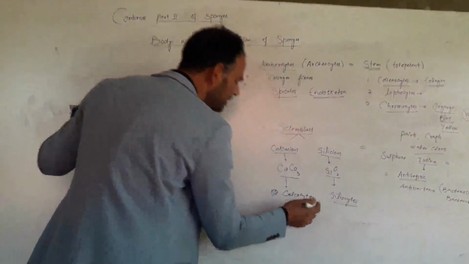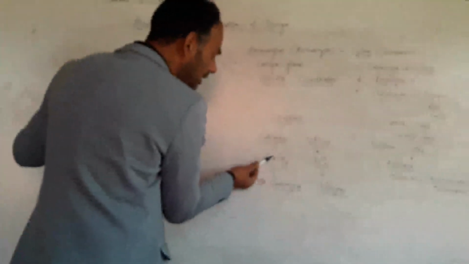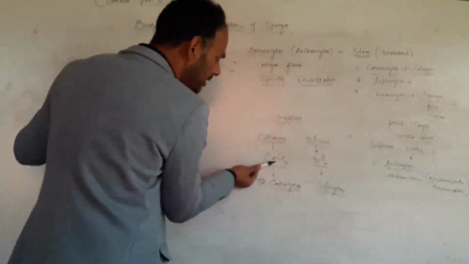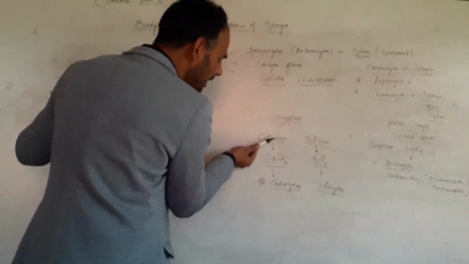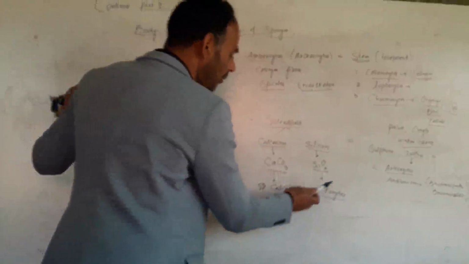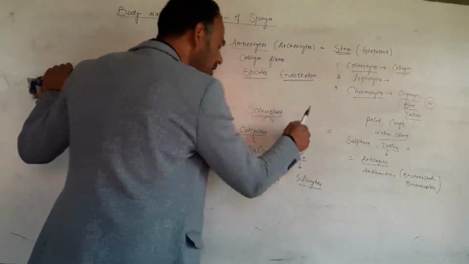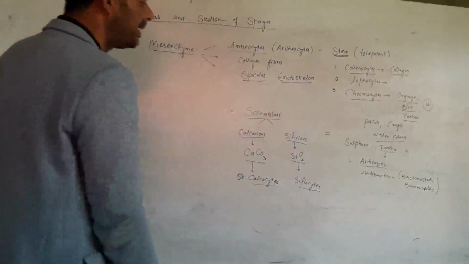Both these cells are derived from scleroblast. This scleroblast is derived from archaeocyte. These chalcocytes extract calcium carbonate from the seawater and deposit it into the mesenchyme and make calcareous skeleton, while the silicocytes extract silicon dioxide from the seawater and deposit it into the mesenchyme and make siliceous